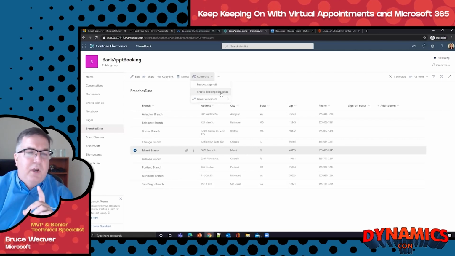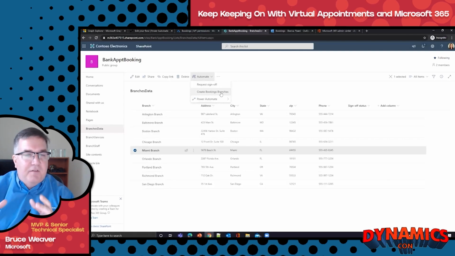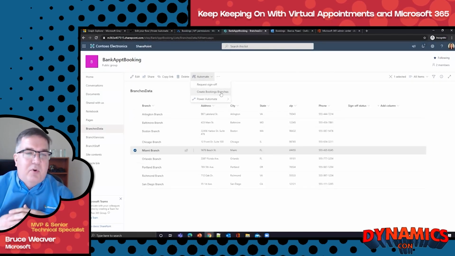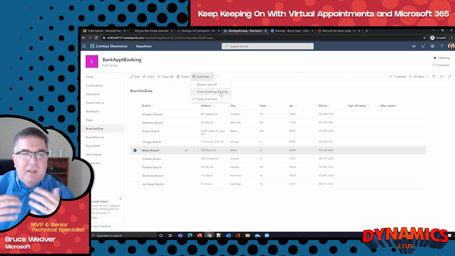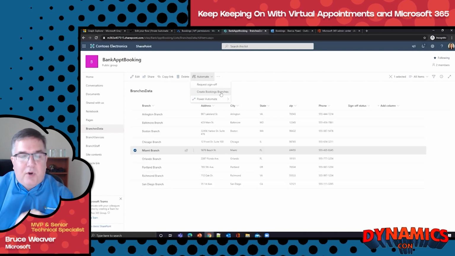Before I do this, I'm showing you this for the Miami branch, just for simplicity's sake, and we're actually creating and bringing a branch into existence. But there's nothing that would prevent you from modifying this flow to read all of the rows in from this SharePoint list, the whole set of them, and stick them in an array, and then process for each row of the array the exact same thing that we're doing right here. So for simplicity's sake, we're just going to focus on the creation of one branch, but it's very simple to modify your flow to run the same processes for all the branches that you have in your lists.